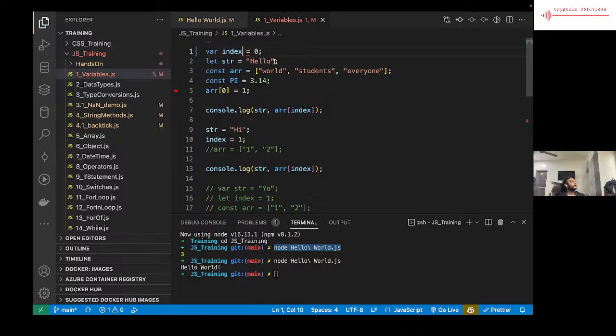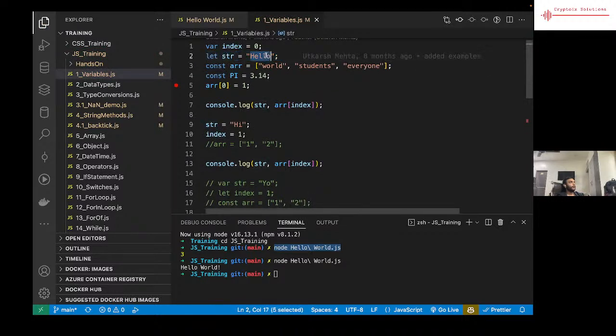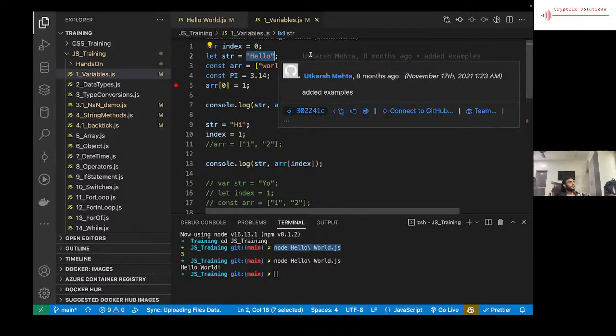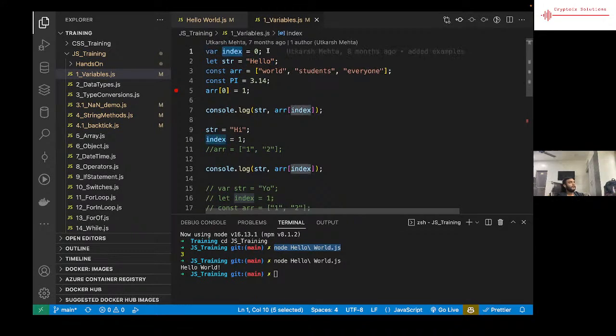Next, you can use let. So let str is equal to hello. So str is a variable and it contains the string hello. Index is a variable, it contains the number 0. Then we have const ar, which is an array of strings, and we have const pi, which has a value of 3.14. We all know this. Even though we created ar as a constant, we still can assign